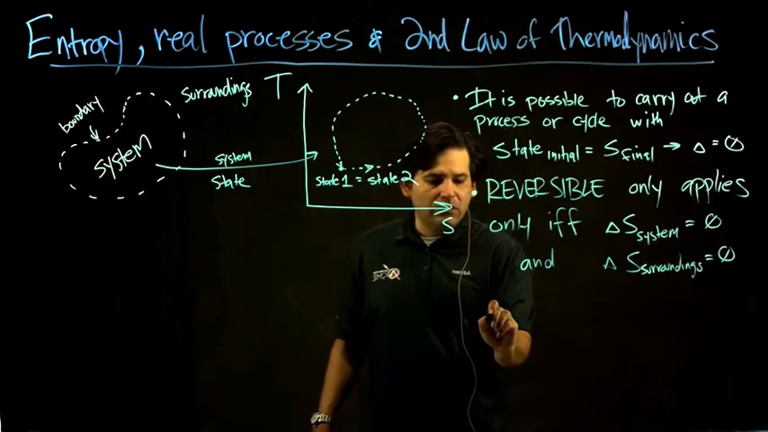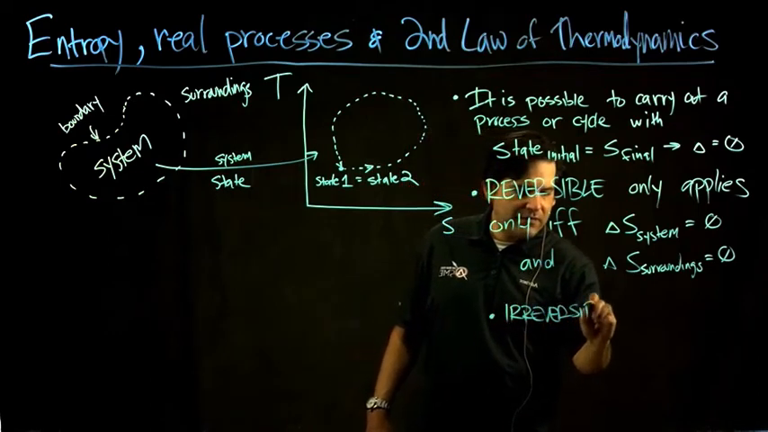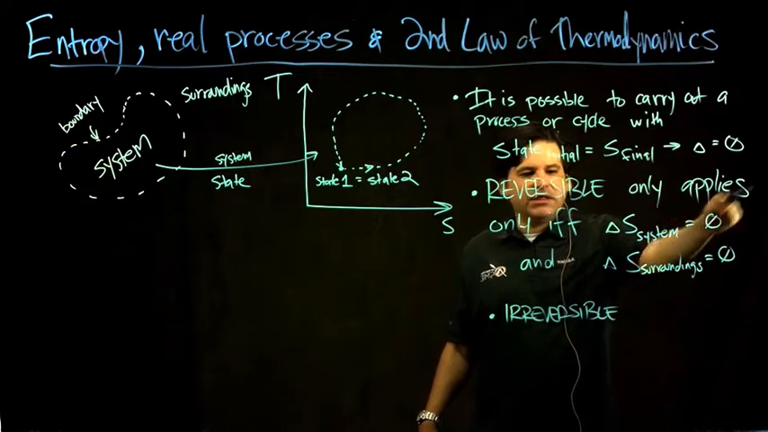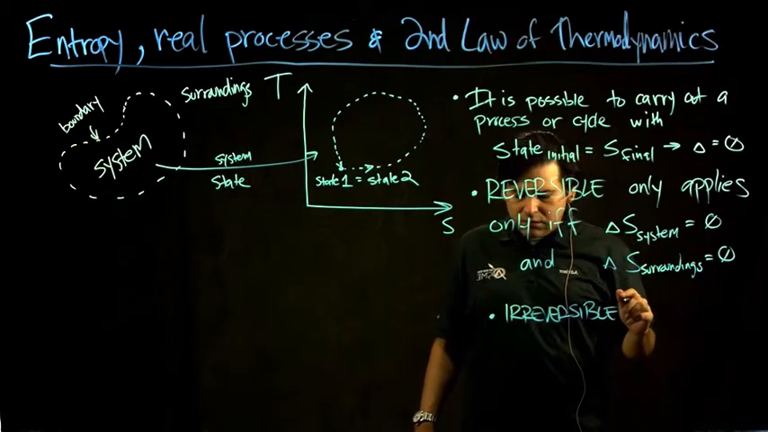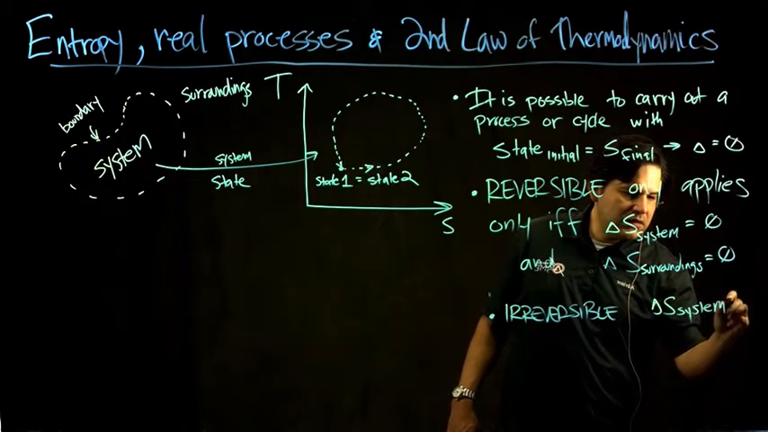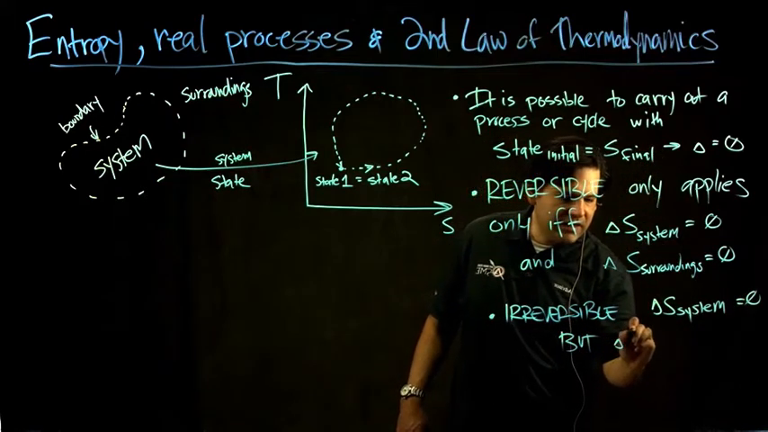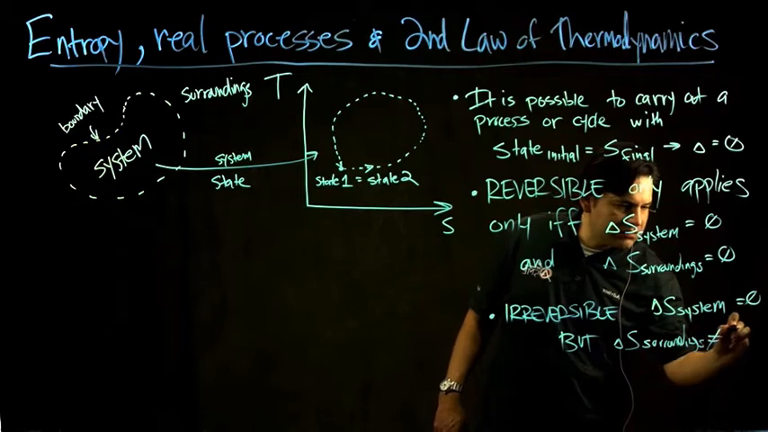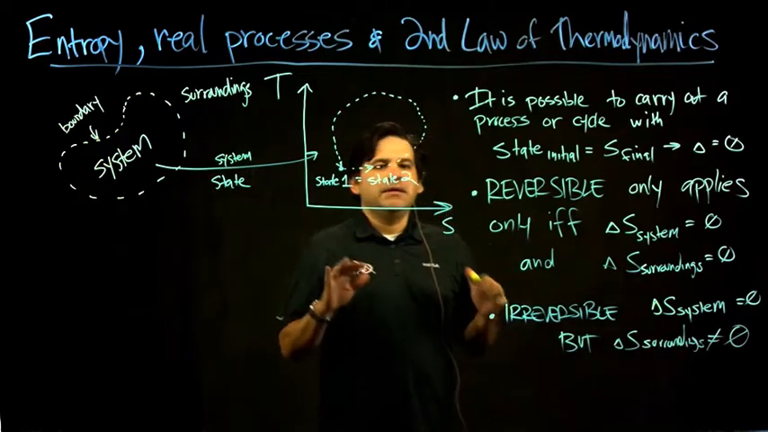So what makes an irreversible process is pretty much what happens in real life. You can have a cycle where the state is the same at the beginning, you come back to the original state, and so delta S equals 0, but delta S of the surroundings does not equal 0. So that's the essence of the second law of thermodynamics, entropy, and what happens in real